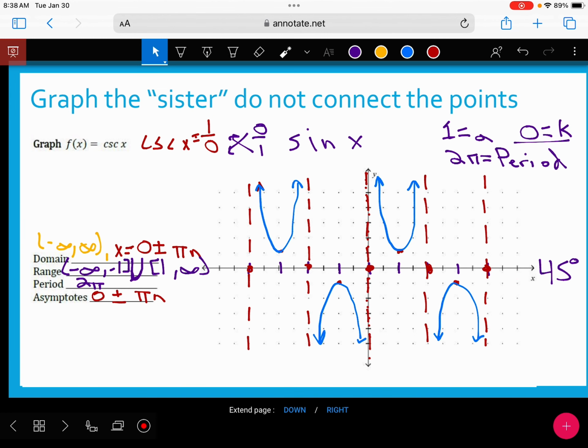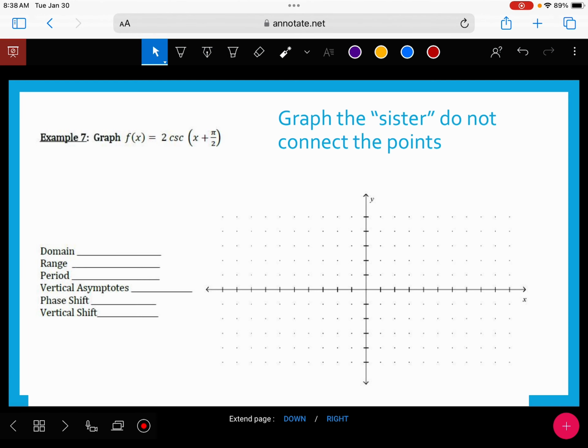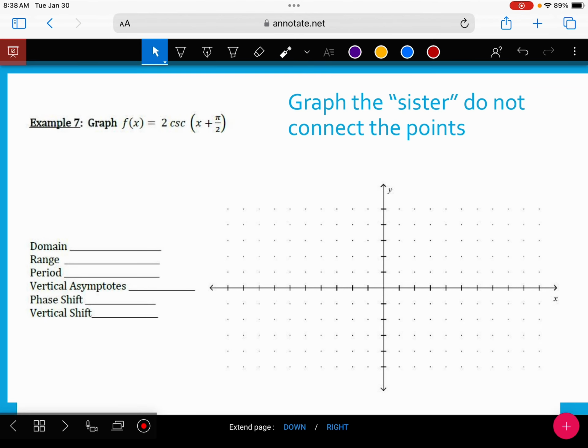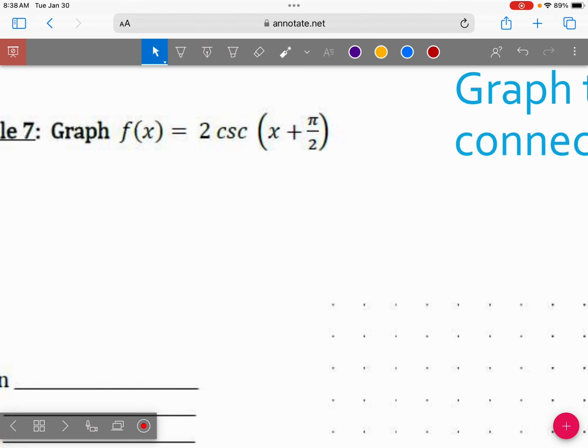So now that we've graphed the parent function, we can start having some transformations. This should be on your next page, example 7. And we have f of x equals 2 cosecant of x plus pi over 2. And the first thing we do here is we're not graphing the sister function. We're not graphing sine x, but we're graphing what sine x would look like for the points. So really, we can think of this as